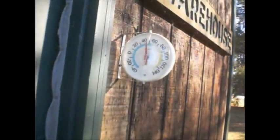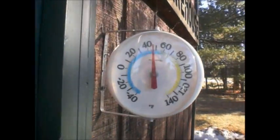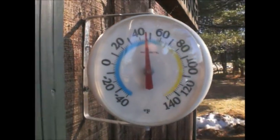Well, that's what I've've been doing this beautiful, sunny, but cool afternoon. What do we got here for temperature? 46 degrees. No Celsius on this thermometer. 46 degrees, so much for 70. Which is what, 19,